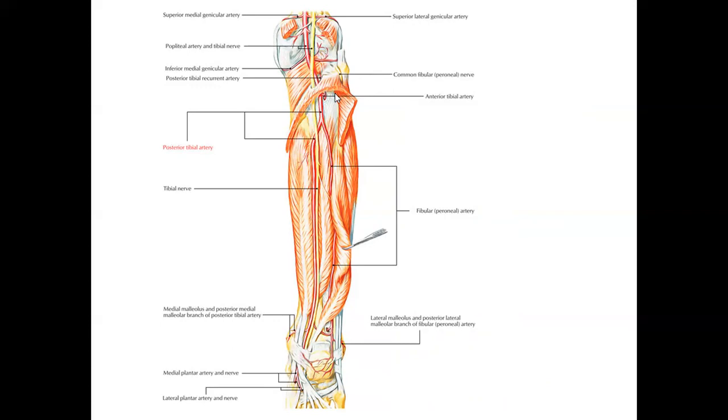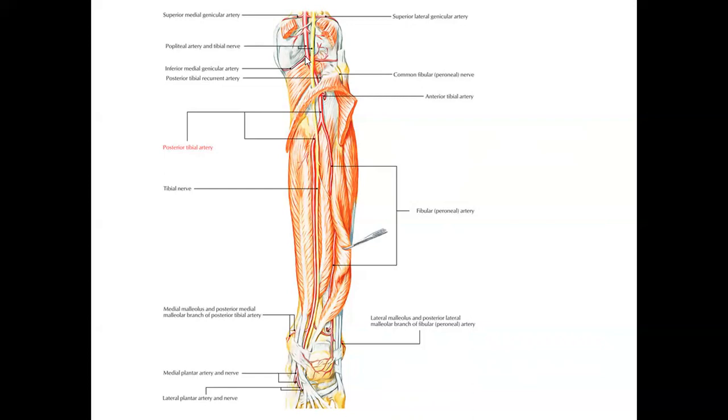जैसे हमने हर artery में पढ़ा, we will talk about the origin, the course, the termination, and the branches of the artery. So it is a branch of the popliteal artery given off at the lower border of the popliteus muscle, larger terminal branch. In addition to supplying the posterior compartment, it also supplies the lateral compartment of the leg, and it supplies the sole of the foot as well.